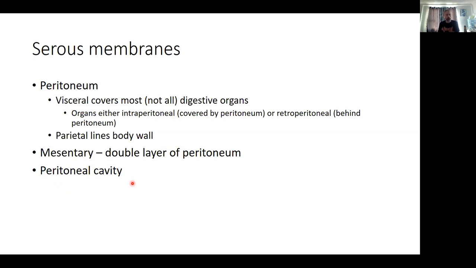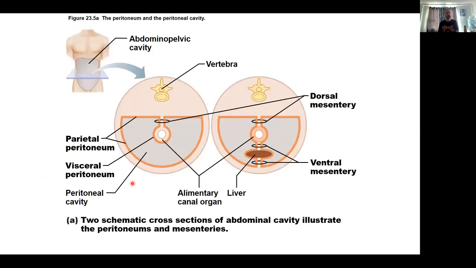It's there largely to lubricate the organs so that as they jostle around, as you move, as you digest, they don't rub on each other and wear on each other. All right, so let's look at some pictures here. This first picture here,